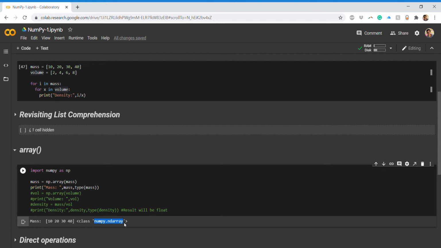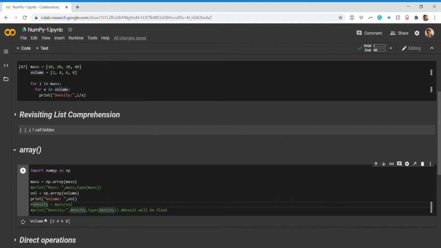But now you can do different kinds of magical operations, I would say, with this kind of array functionality. In a similar way, I convert the volume here. Similarly, volume I will pass on to this and I'll just print the volume. So you get the volume as 2468. Similar is the case with this. This is no longer a list, but now an n-dimensional array. You can see here when I hover over this, the ndarray is of volume.